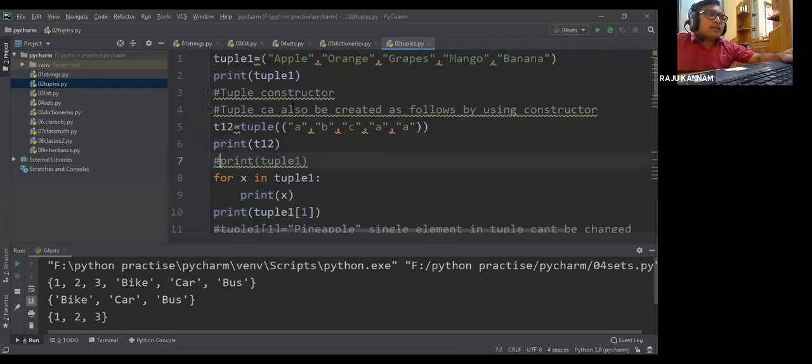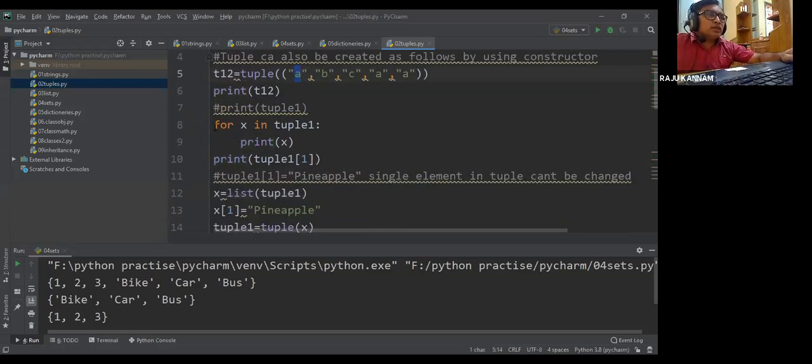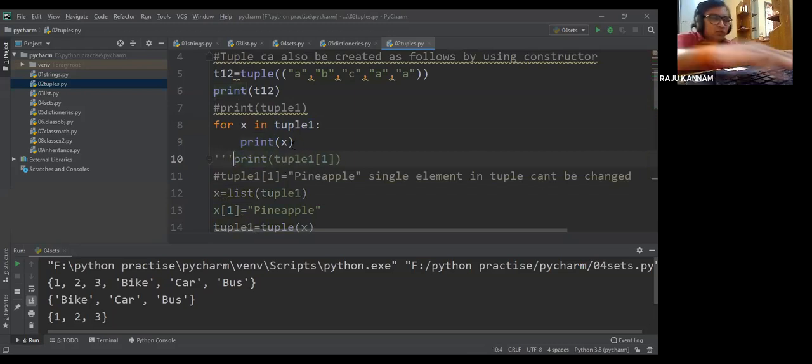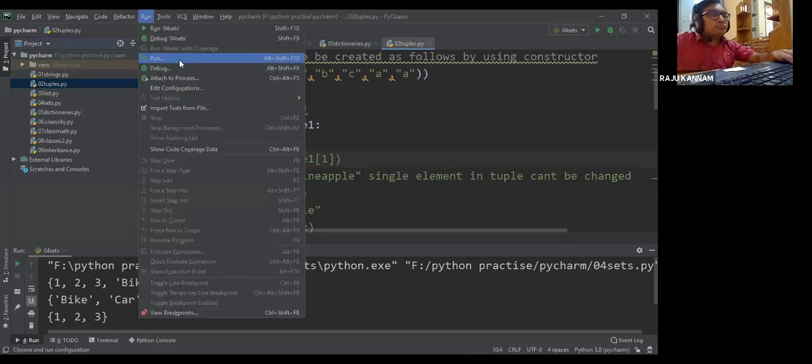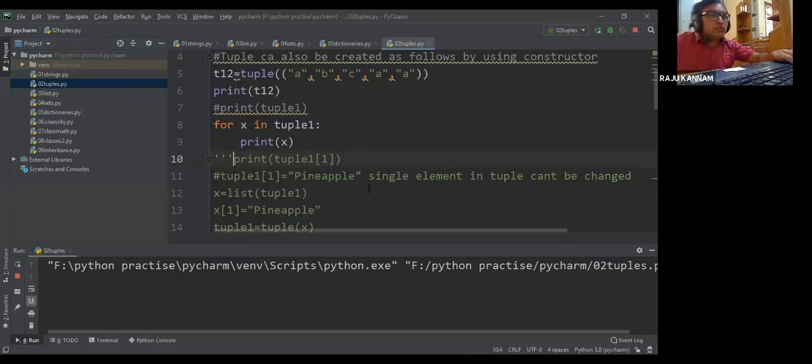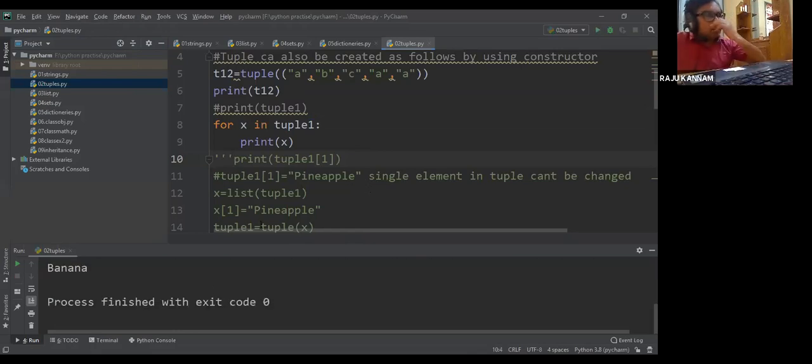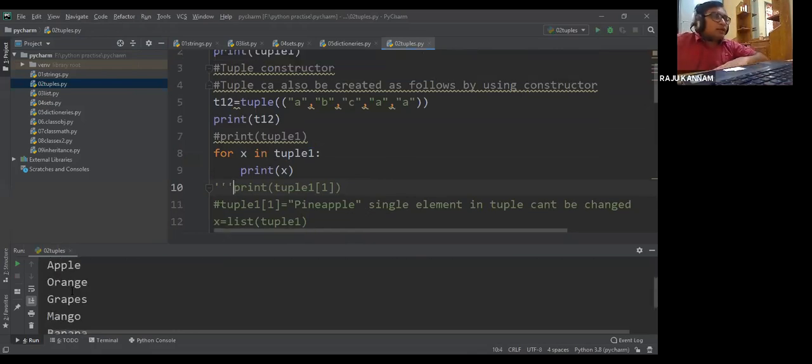Now you can access every element from the tuple by using a for loop: for x in tuple one, we are printing all the elements. Up to here, I hope no doubt. Now let us execute and see once again. We are printing every element.